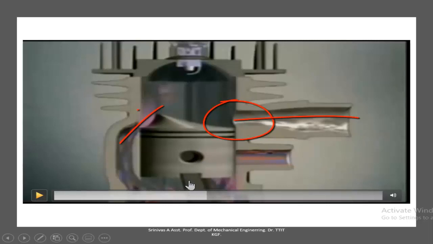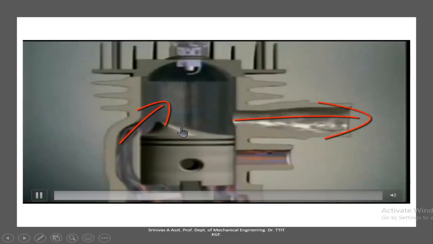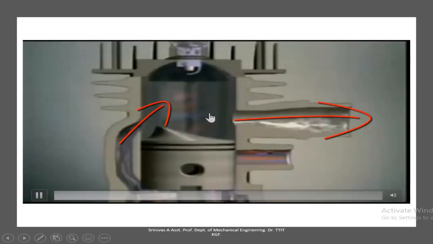The air-fuel mixture is stored in the crankcase, and the piston moving downwards puts pressure on the crankcase. Because of that pressure, the air-fuel mixture is lightly pressurized and rushed to the cylinder through this transfer port, and that drives out the burned gases and keeps accumulating in the cylinder. So like this, the second stroke will happen. Here the power stroke as well as the exhaust stroke take place. So like this, the second stroke will be done.